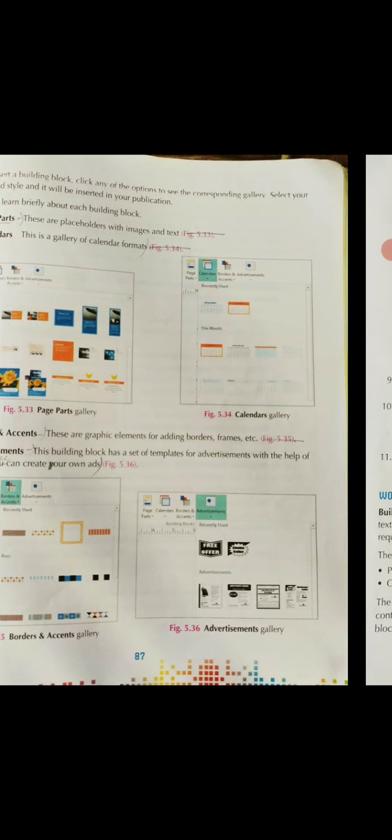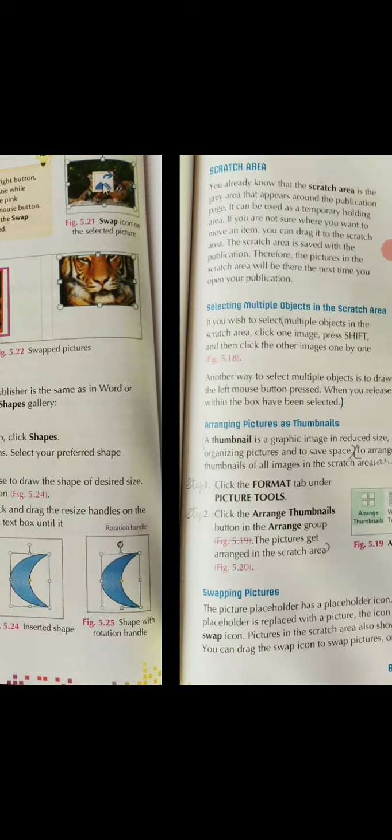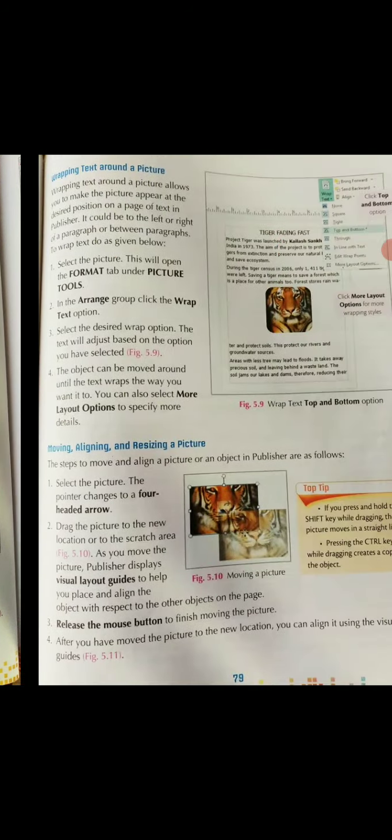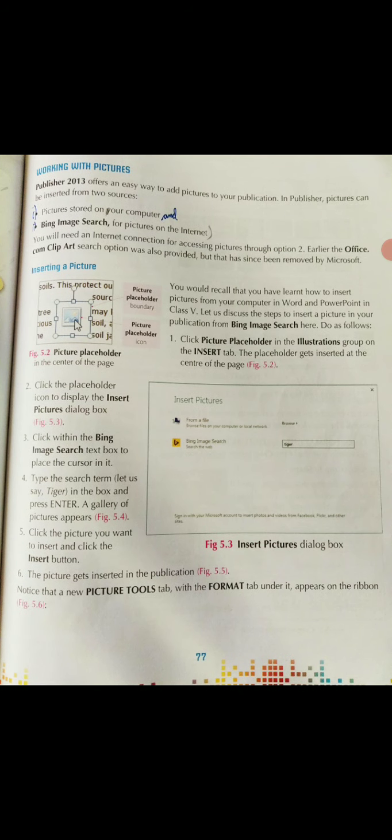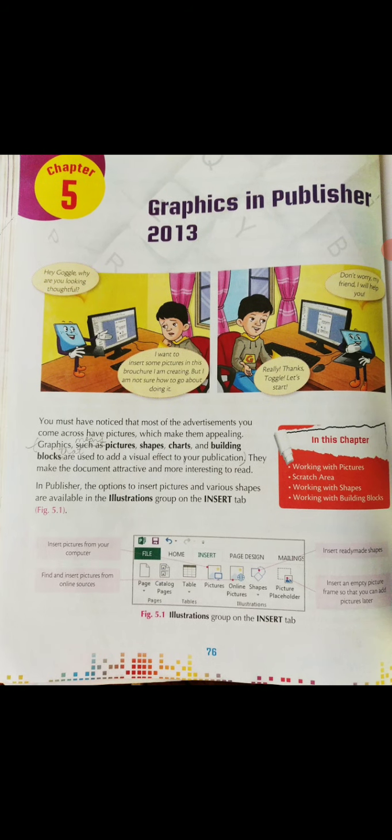Write today's date at the top corner of your page. You are going to write on a fresh page, okay? You are going to write on a fresh page because it's your new chapter. So you are going to write chapter number 5. At the top, write today's date at the top corner of your page. Then you will write chapter number 5.